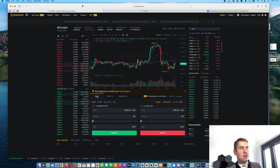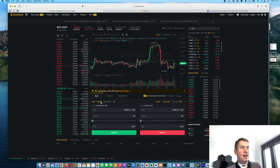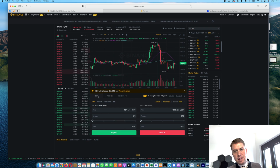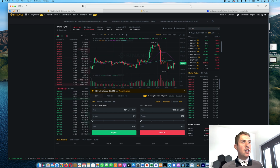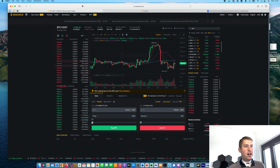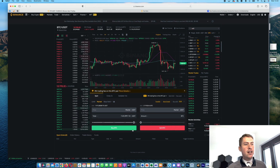So that's basically buying or selling a cryptocurrency, or cross and isolated would basically mean it's margin trading. So you can trade with leverage. However, I wouldn't recommend that if you're new to trading. I would just use spot trading. And then you can just say, okay, I want to buy Bitcoin. You can see the current price right now, and you can say, okay, for market order, I want to invest all my money, like 1,100 USDT, and click buy,